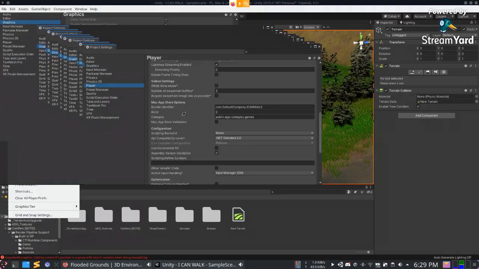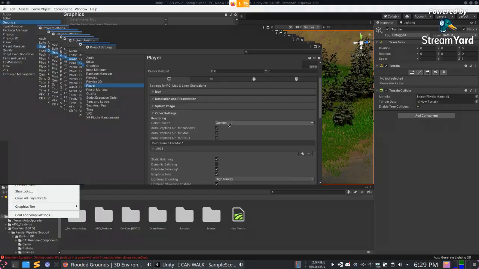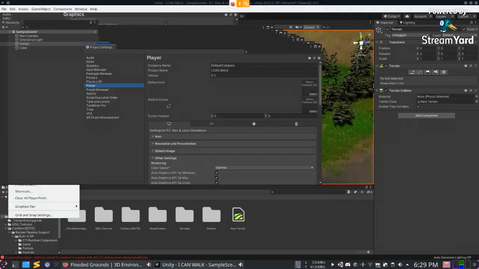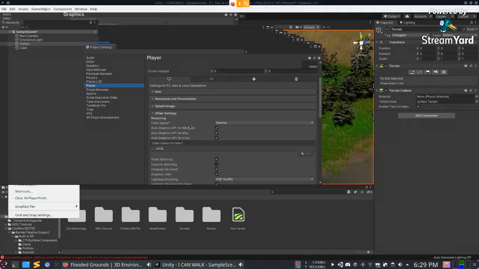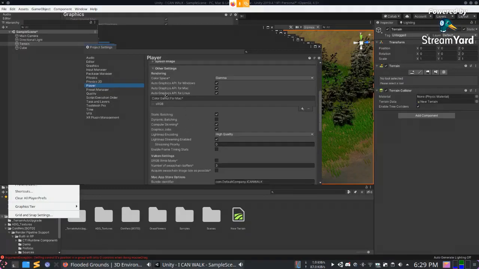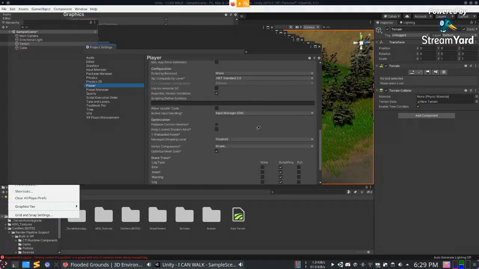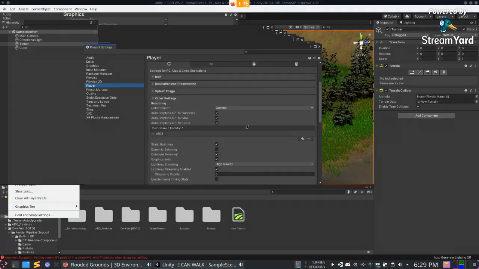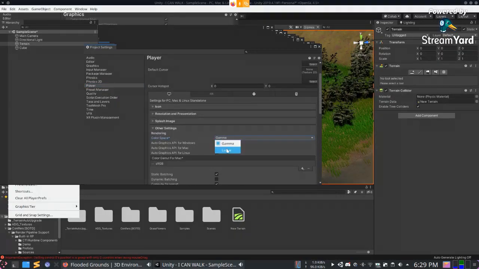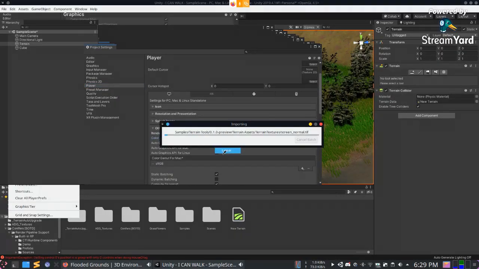I guess it was under Player maybe. Yes, under Player you go to PC, and then here you will have under other settings, gamma, make it linear. It will significantly change the graphic quality, but it will take some time to get there. I personally like to do it at the very end of the game because there is a huge boom in graphics, and I really like that.